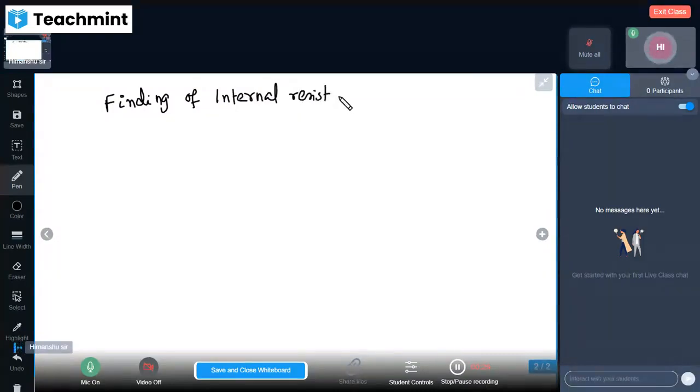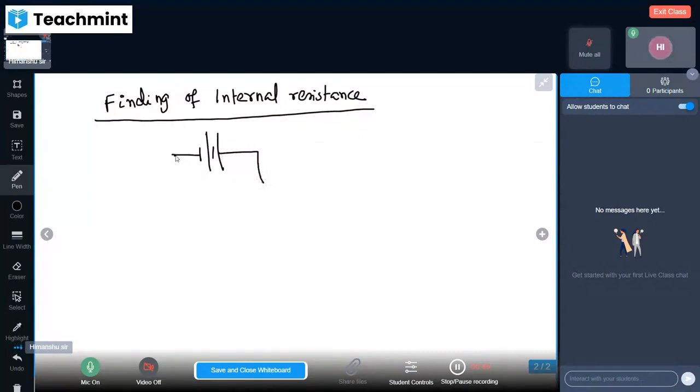To understand the concept behind it, it is based on the null point method, as you already studied in the other two parts. Here it is the battery, and here is a potentiometer wire of 4 or 5 meter length. Suppose it is L length. Then here we are connecting the cell with EMF and internal resistance. Then here is another resistance, the external resistance. Now it is connected with the galvanometer and here is the jockey.